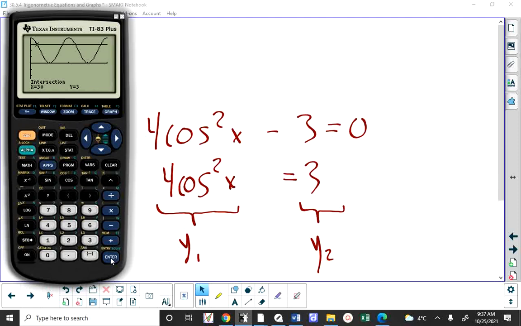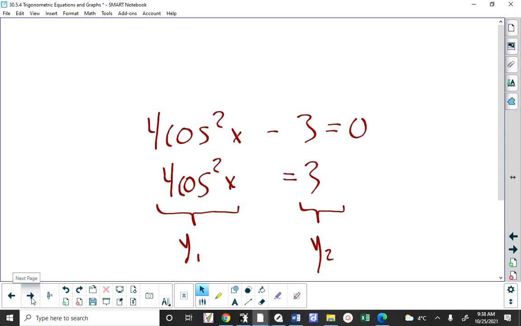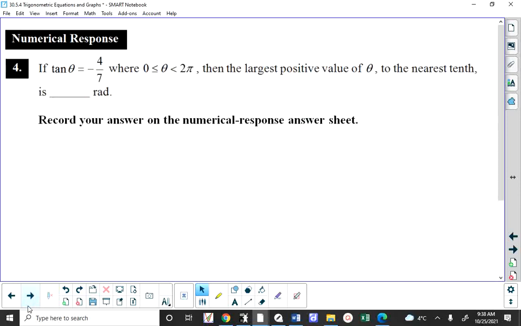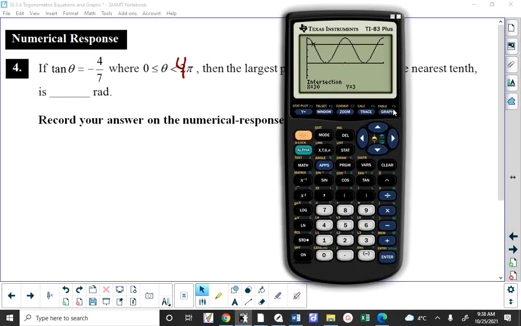Now, I hate to be the bearer of kind of saddening news to you, but when you take a look at your exam yesterday, this question could have been solved graphically. This question said we want, and I believe it said 4 pi. I'm sure it said 4 pi on yours. If I wanted to know the largest solution between 0 and 4 pi of that, rather than finding a reference angle and drawing it and adding 2 pi to get closer to 4 pi, I could have said y equals tan of x